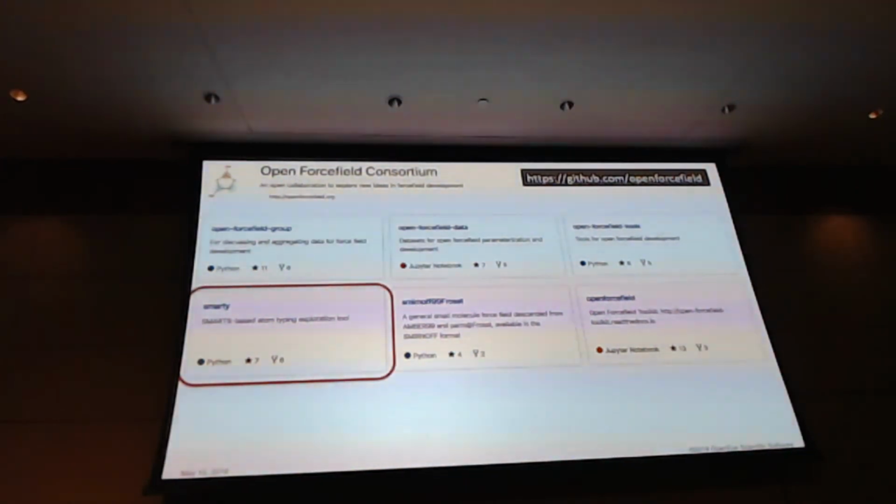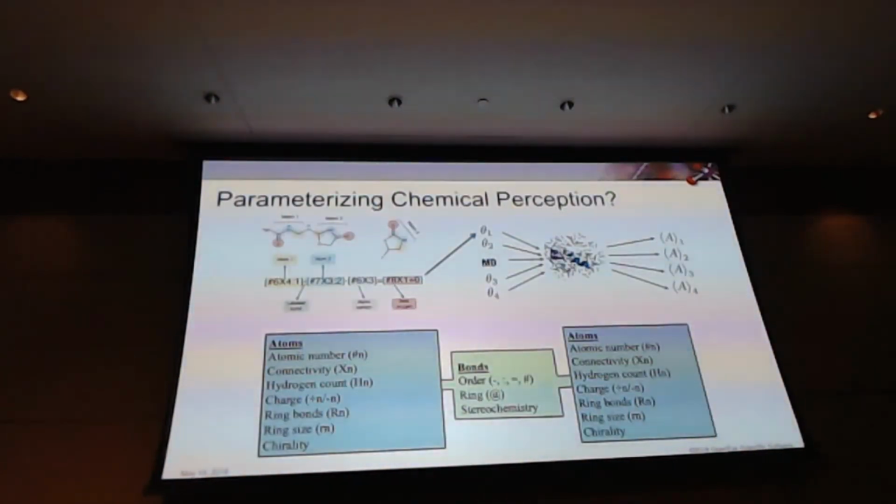So I'm going to spend not very much time on this project here, SMARTY. This is my favorite part of this whole Open Force Field effort, although I shouldn't play favorites. It is my favorite part, and it is really, really exciting because I think it's going in a new direction, a direction where the science has not been able to go before. A few moments ago, I talked about Bayesian inference of parameters. Normally, think of the parameters, the numbers that drop into the functional forms that express the physics of your force field. But I want to mess with your heads a little.